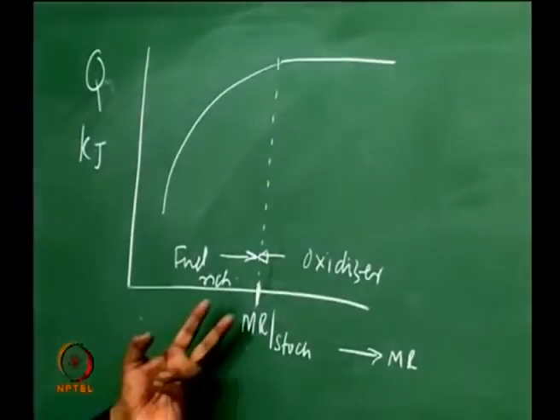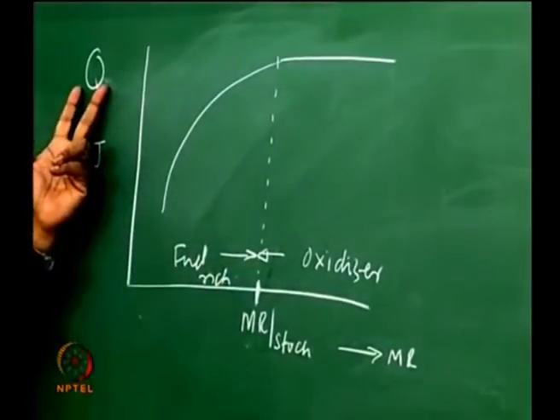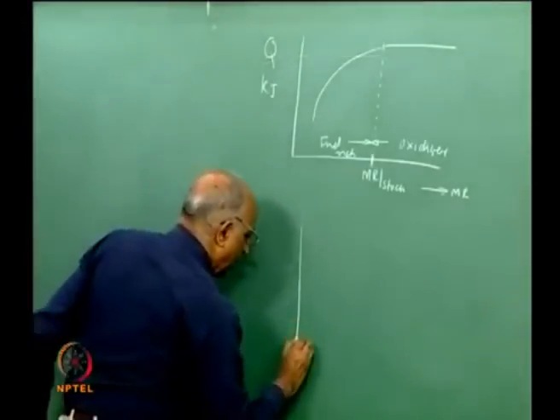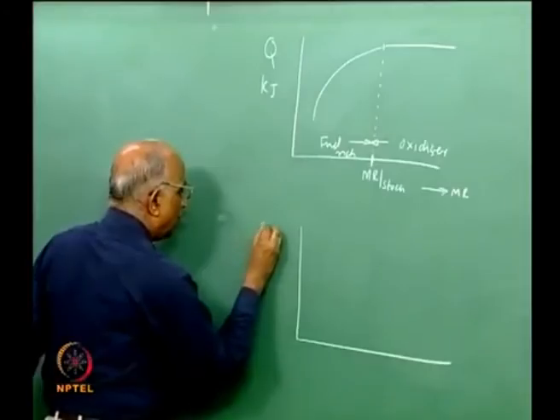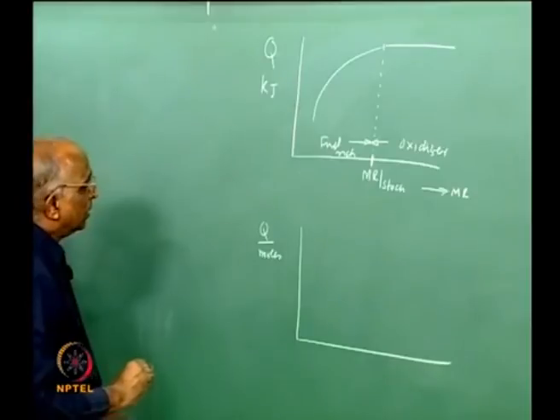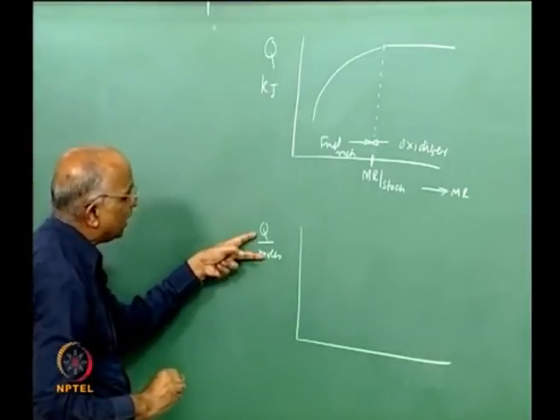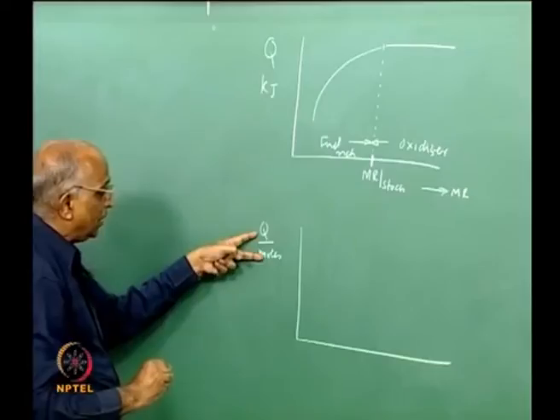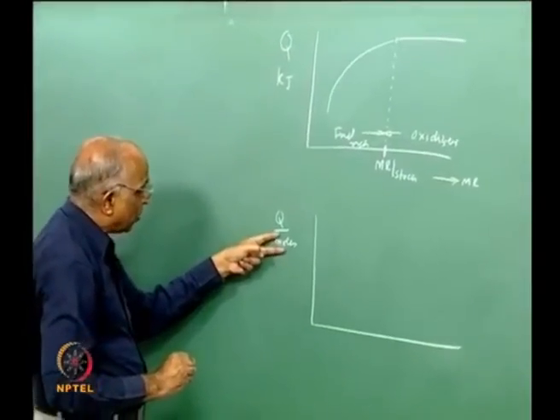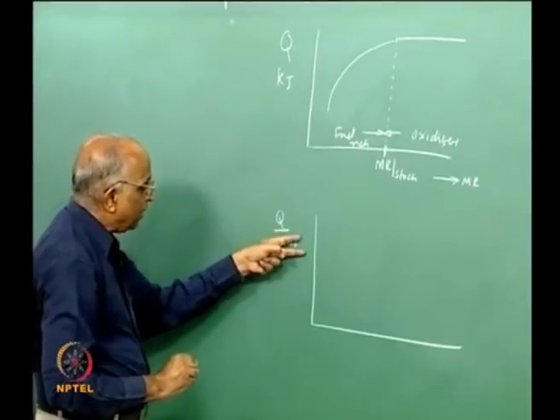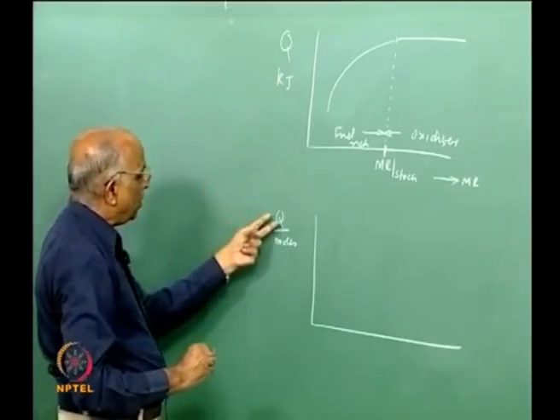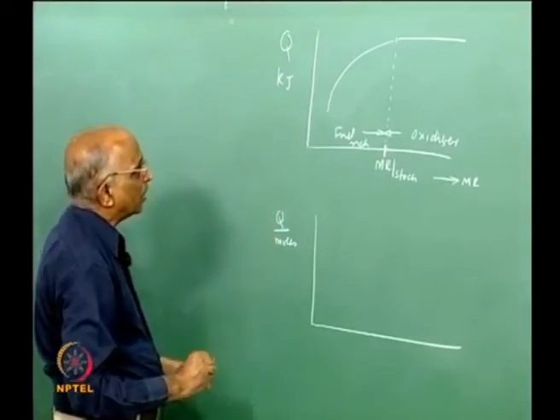But let's take a look at this figure again. Supposing I want to plot, instead of plotting Q on this axis, Q divided by the number of moles of products which are formed, then what is the type of behavior I get? See, ultimately I am interested in finding out the temperature. Therefore, I want to find out per unit mass or per unit mole, and if I can divide by specific heat, I get the temperature. And therefore, let us first find out the value of heat release per unit mole of the product.